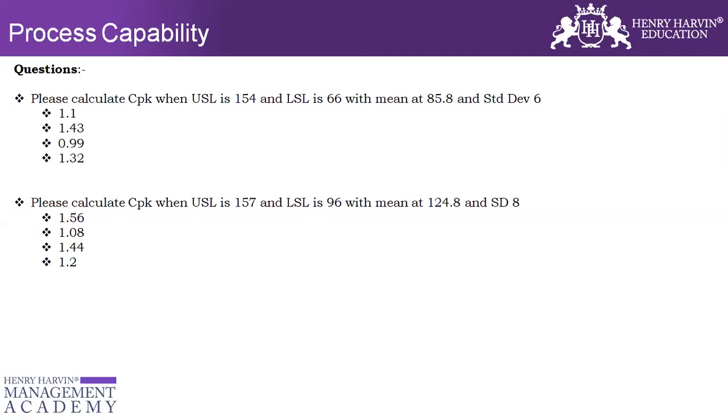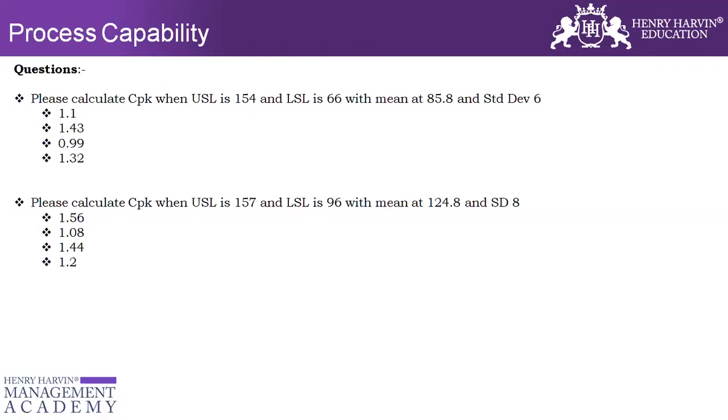Okay, so PPK and CPK. We have not covered this in the black belt program, although it is something we talk about in the DFSS or maybe in the master black belt program. The only difference between CPK and PPK is that CPK is used for short term and PPK is used for long term. Similarly, CP and PP have the same difference: CP is for short term and PP is for long term.